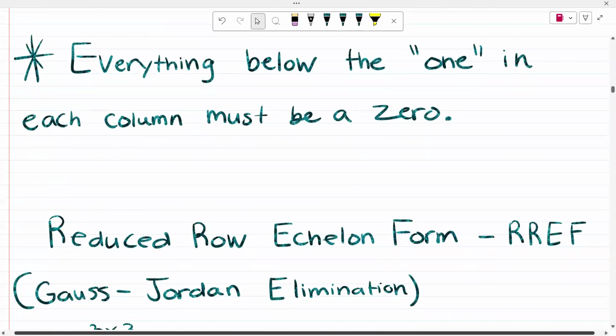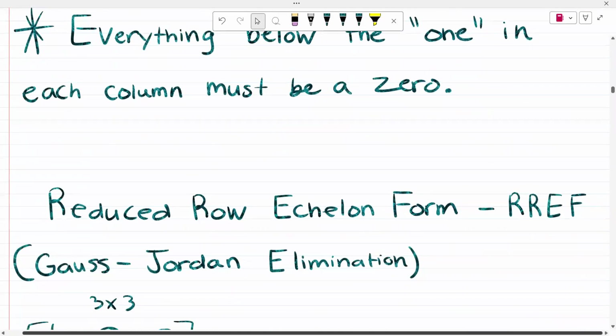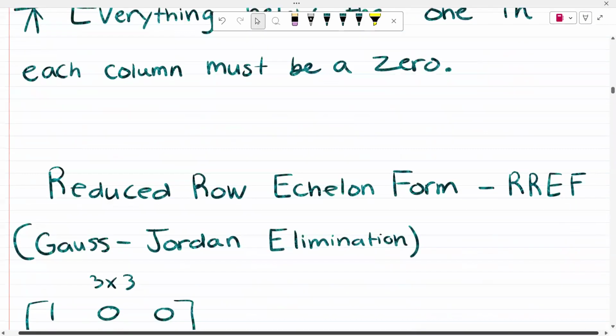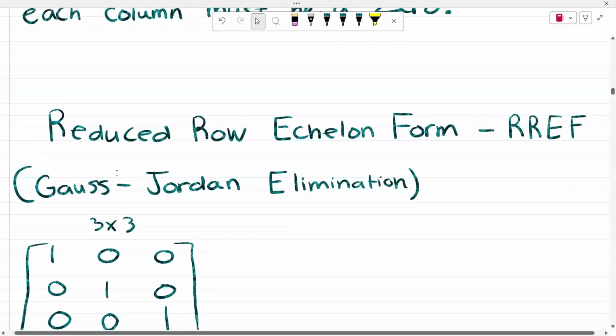Reduced row echelon form is RREF. So if you see RREF, that really means reduced row echelon form. And it's also known as Gauss-Jordan elimination. I prefer this method because there's no back substitution, and it's a little bit more work than the other